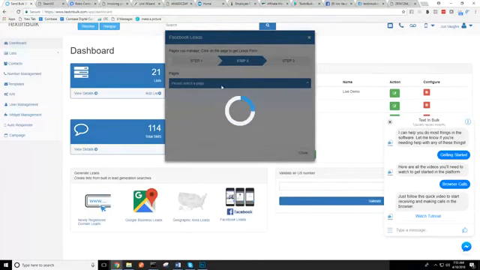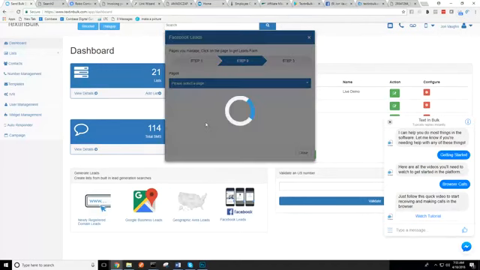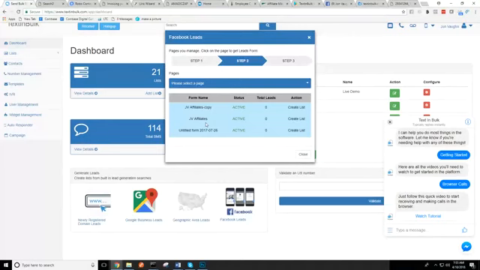Once you log in, it takes about 30 seconds, because we grab all your Facebook pages, we find out which pages you actually have an active lead form for, and we only show you those pages. We're not going to show you pages that you don't have any lead forms for, because there's nothing you can do with those pages. So here's a page that I've got apparently 3 lead forms,